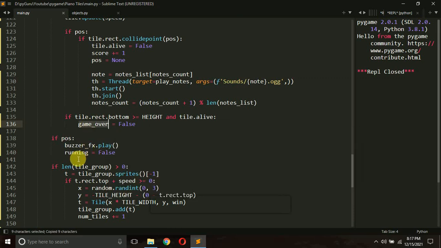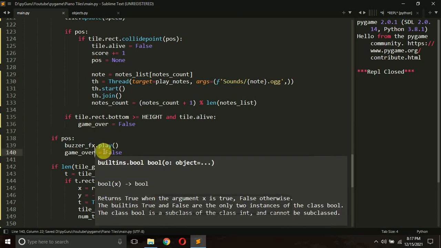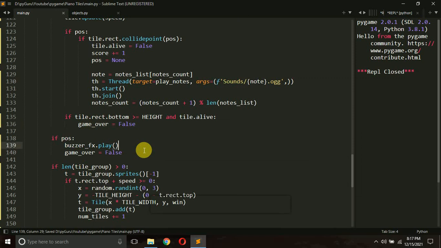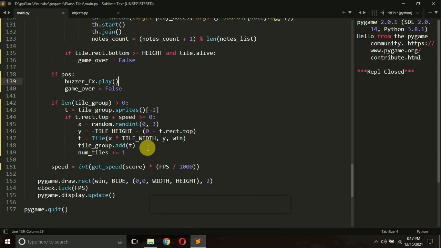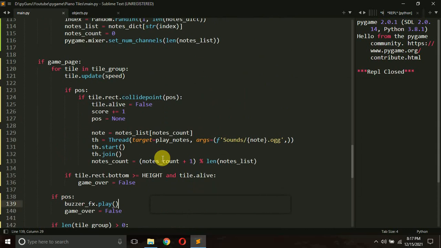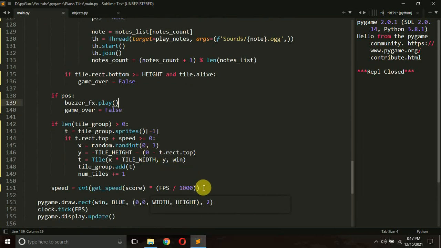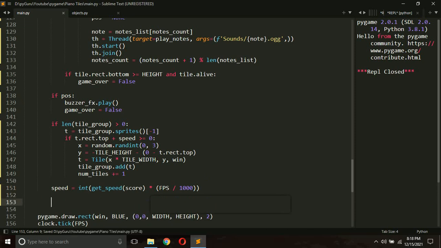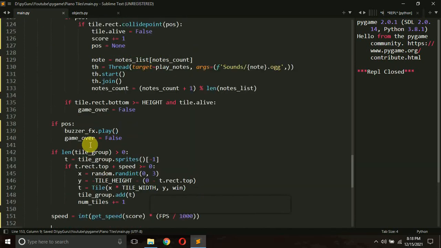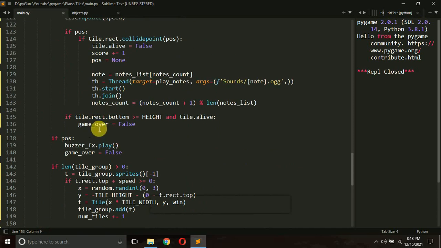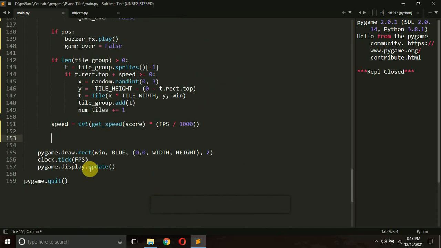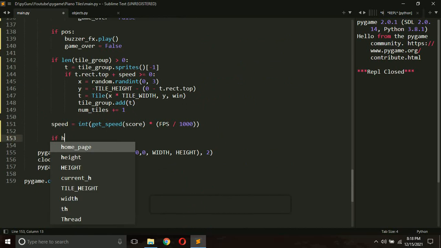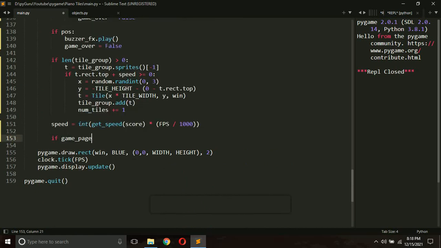So instead of making our running variable false, we are just going to make our game over variable true. Again, let's copy and paste it here. We have made our game over variable set instead of our running variable false. Now if game over is set, we are going to do things like this. Again, we are inside the game page, and if our game gets over by these two conditions, we write one more condition. If game over,